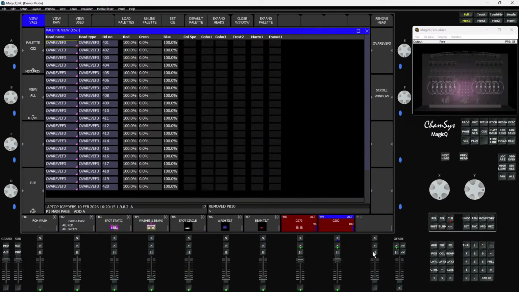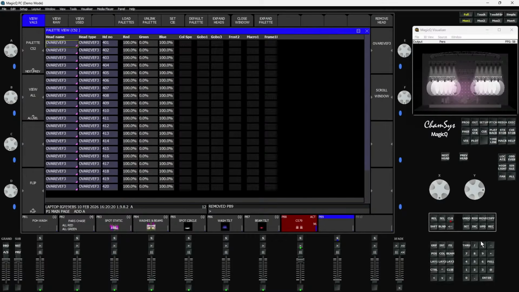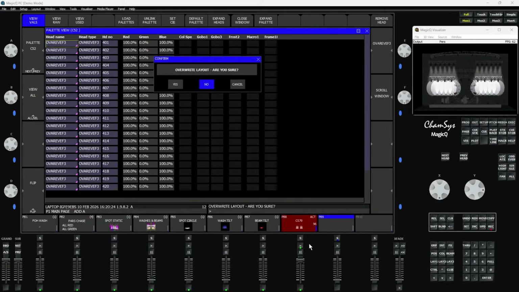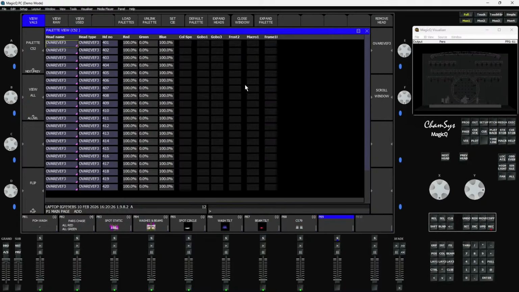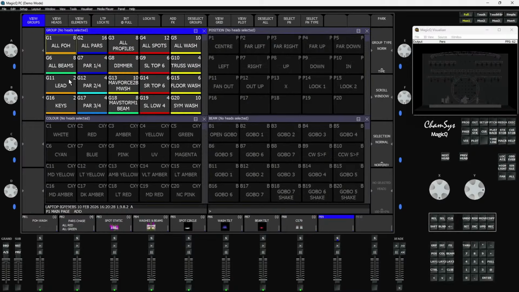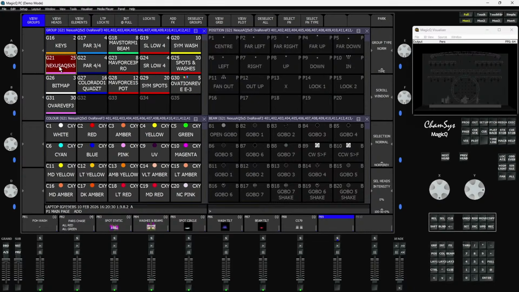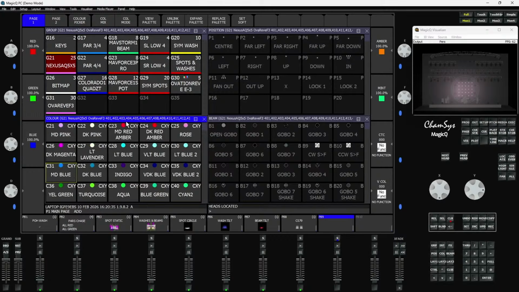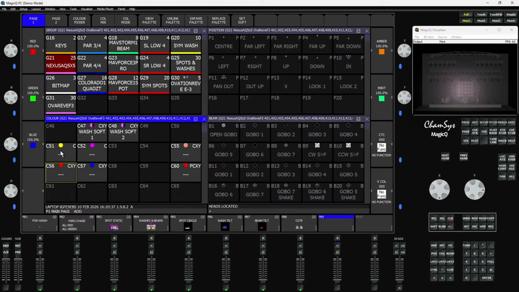Now, before I'd morphed that, what about if I'd stored some palettes? You can do it after, but in my case here, I've got a palette. Let's go clear that off a second. Let's get rid of the spots. No, I don't want to do that. Let's go and grab my new nexuses, which are now, of course, Fresnels. But just to give you an example, it will come clear in a moment. So I had one cue which was yellow there, one cue which was magenta there, and I'm going to store